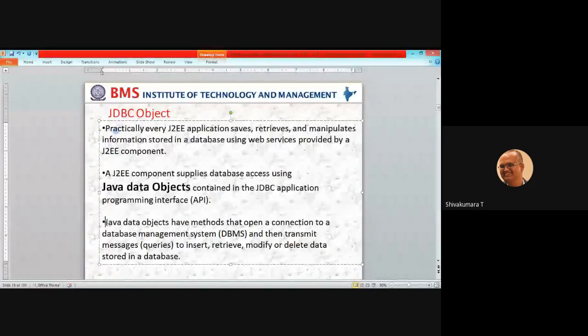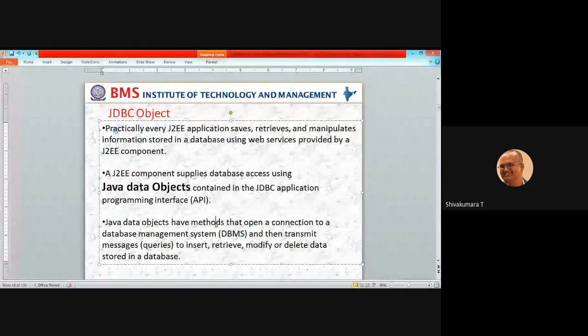So Java data objects have methods. In the previous program example, we have seen the execute method, executeUpdate method, Class.forName method, and DriverManager.getConnection method, right? So the Java data objects have many methods for what? To open a connection to a DBMS, a database management system, and then transmit data from front end to back end via the servlet code, the JSP code, or the Java Beans code, right?